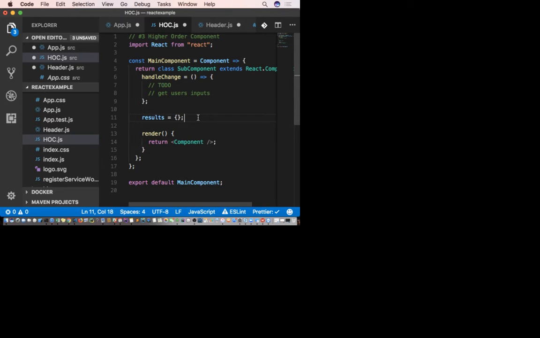So, higher order component, it's complicated. It's fascinating. It's interesting. It's even quite terrifying. But it's worth listening. Okay? I've been building applications with just two of them, functional and class.